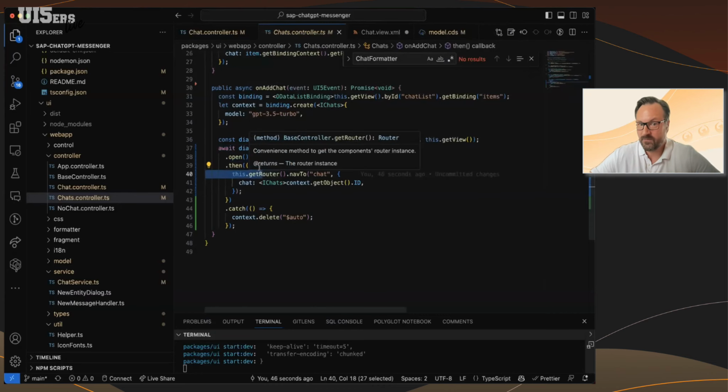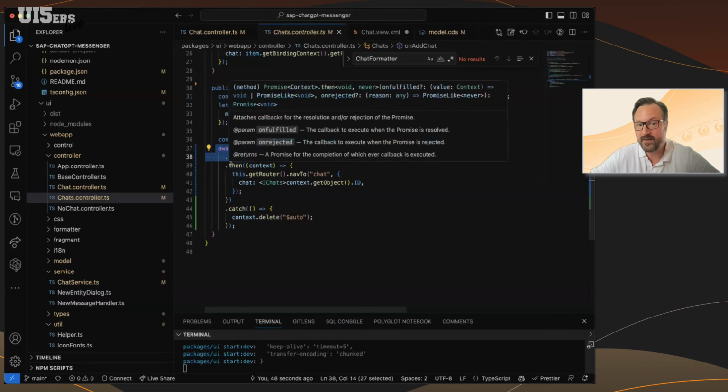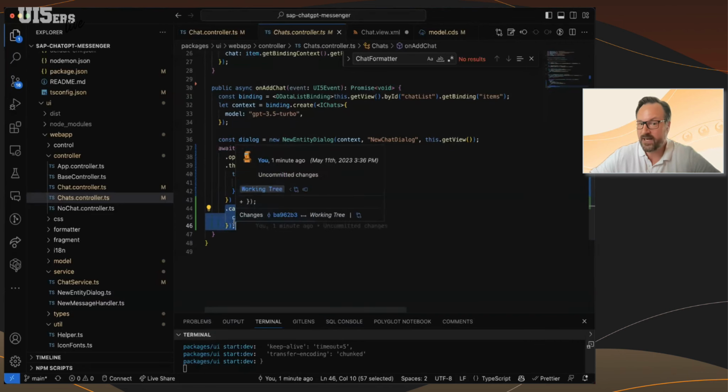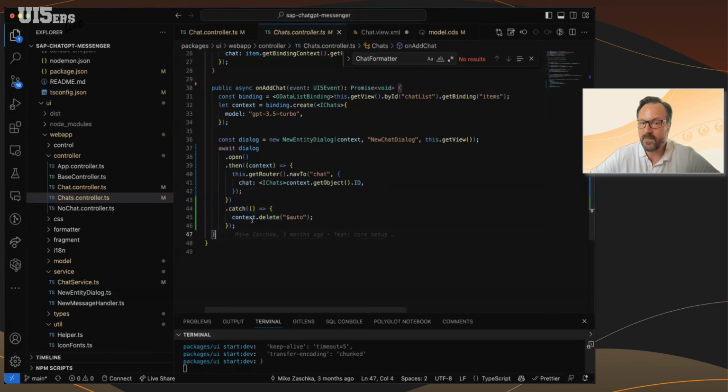That's what I'm listening for. So I'm creating the dialog, opening it, and then I wait until the promise is resolved, and I take the created object and call the router to navigate to the chat, or when the user cancels, I'm deleting this transient context, and then everything is working fine, right?